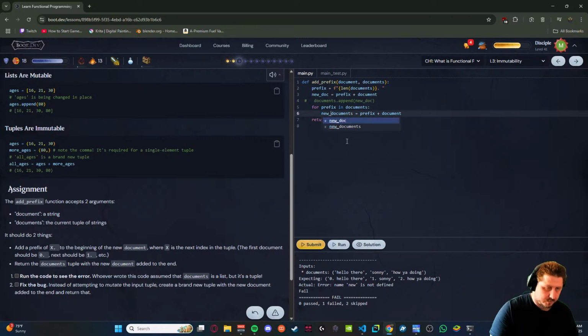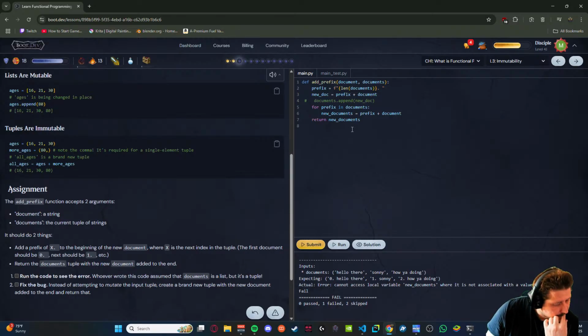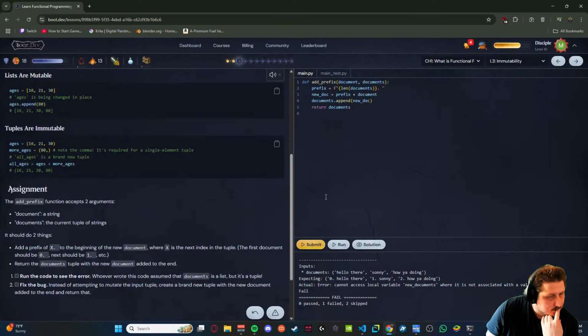Oh, it's not new, it's this. Documents you can't append. New doc. Oh, new doc is the prefix already. Prefix plus document. It has to be a for loop here though. Wrong.